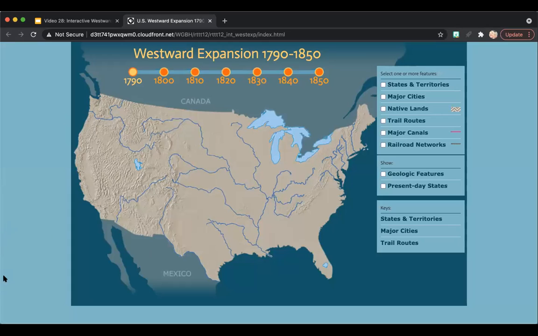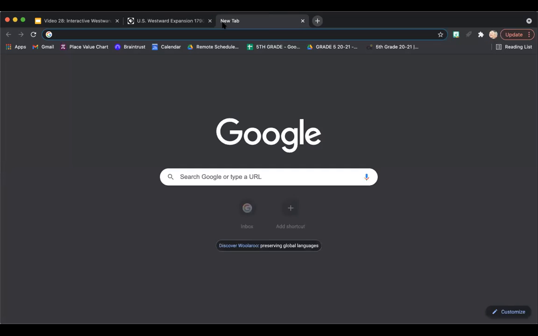All right, here it is all loaded. It took a minute, but it's worth it, I promise. Really quickly, though, I want to show you how to access this because this web address right here is complicated and there is no reason why you should have to type that into your search bar. The best way that I have